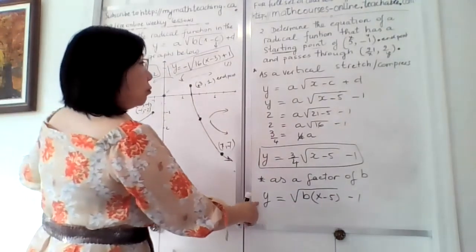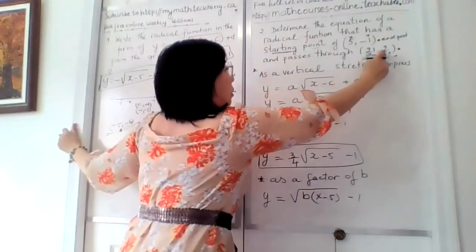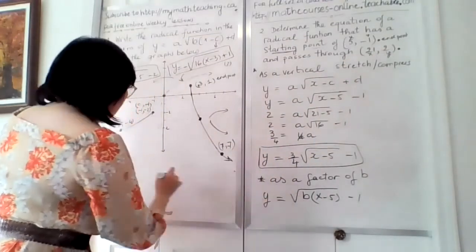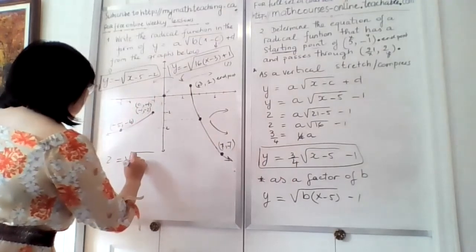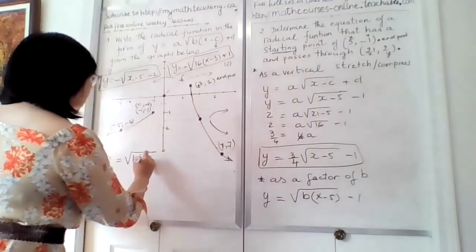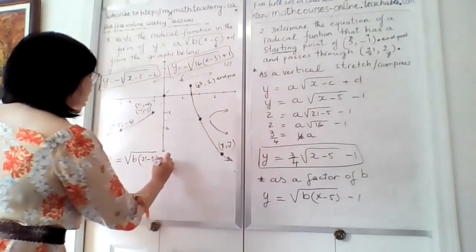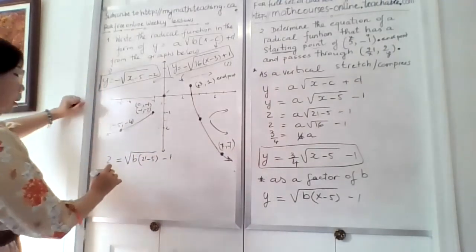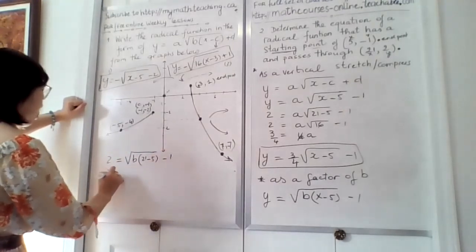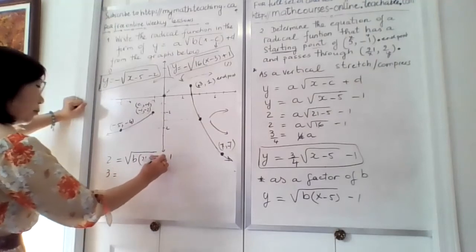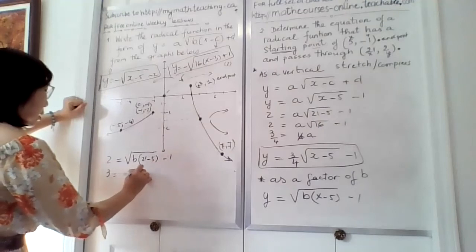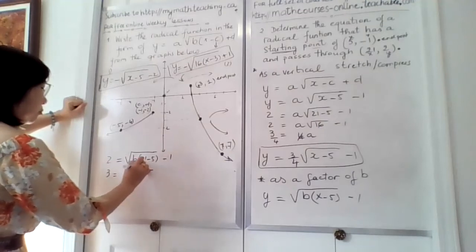So I'm going to substitute the y here by the number 2, right? So we have 2 equals, y equals, we say this is b. Our x is 21, I substitute x by 21, minus 5, minus 1. So now I'm going to move this over, so that's still equal 3. When I move, this negative becomes positive, added to here becomes 3. I am going to calculate it out, which is